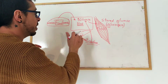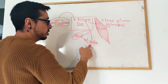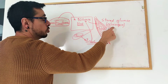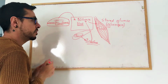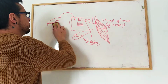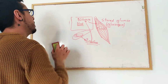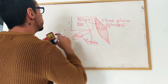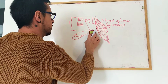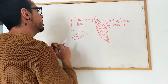Glucose levels in blood increase, and the pancreas is going to secrete insulin. Insulin is going to take that glucose to the muscles and is going to store it there. Okay, that's right. And now I have all my food. Okay, I'm full of food, and when I'm full of food, it's going to happen something